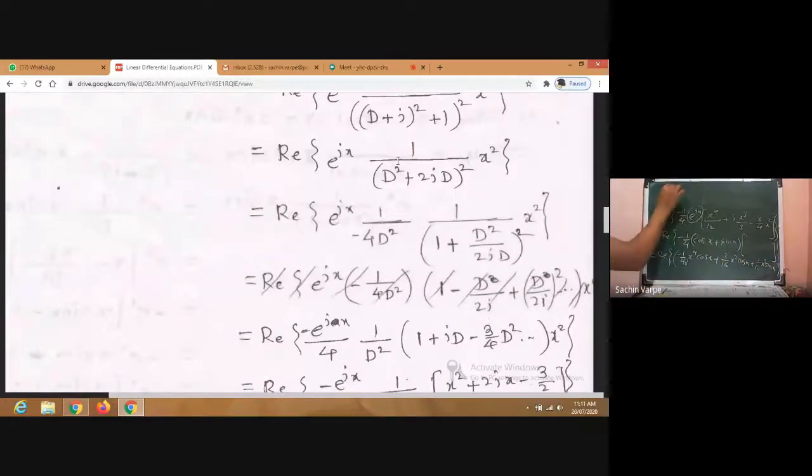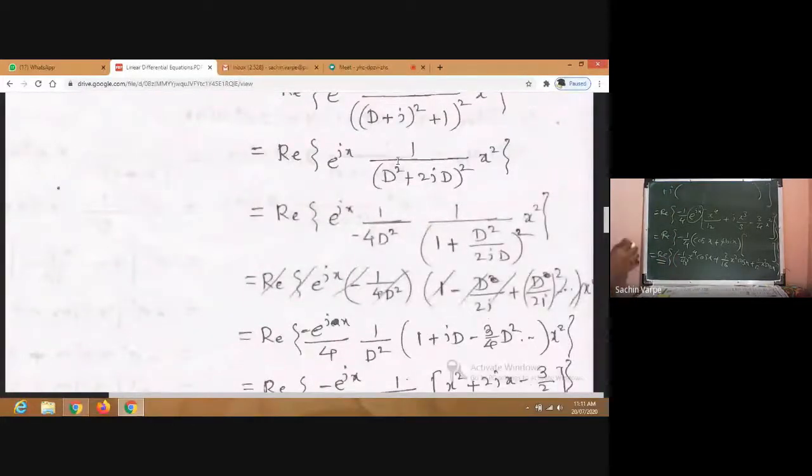Plus after this, plus i times the imaginary term. So I'm not going to write that imaginary term here. See, you have to write it in the exam. Here I'm not going to write. So whatever the term that is this into this will be imaginary, so you have to write it here. Then this into this will be real, that we have considered. Then this into this will be imaginary, you have to write that here. So two terms will come there. But what we are interested in is only the real part, right?